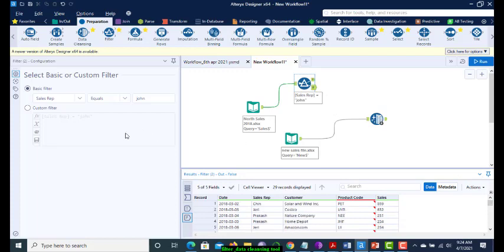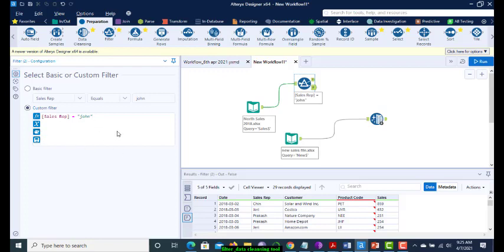Now what if you want to apply more than one filter? In that scenario you can use the custom filter. Whatever filter we applied in the basic filter, we get in the custom filter. Before writing multiple conditions, let's understand what this box and these icons are.